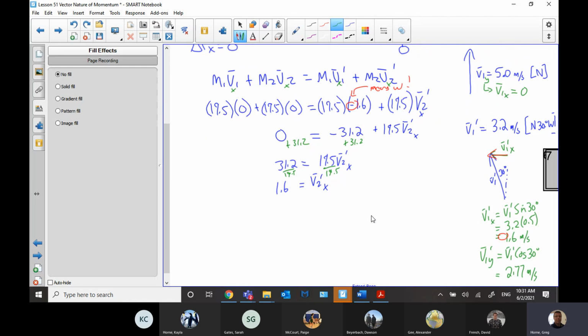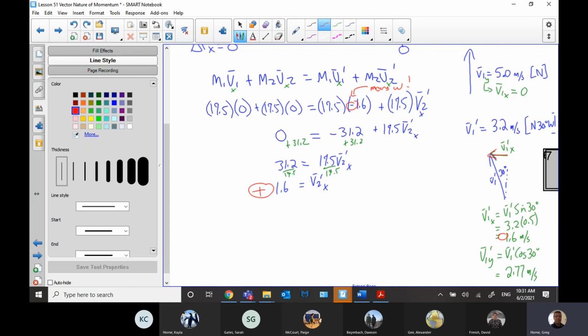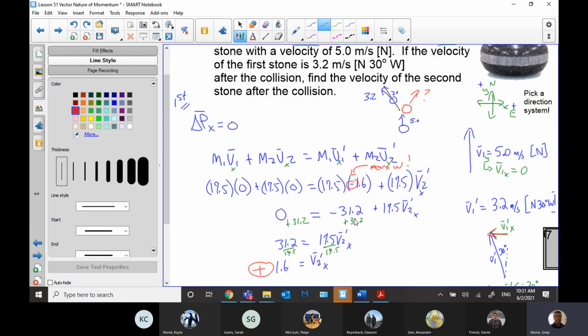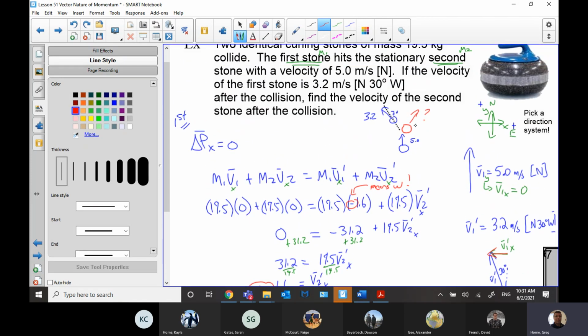So that's telling us already the final x component of the velocity of the red. Even right now, notice that this is coming out as a positive. It became a positive number on its own through the math. We can tell that agrees with our intuition, right? Intuitively, the red stone is going to go off to the right, so we're getting that positive Vx prime, and we're like, yep, V2x works out. Is there a question there?